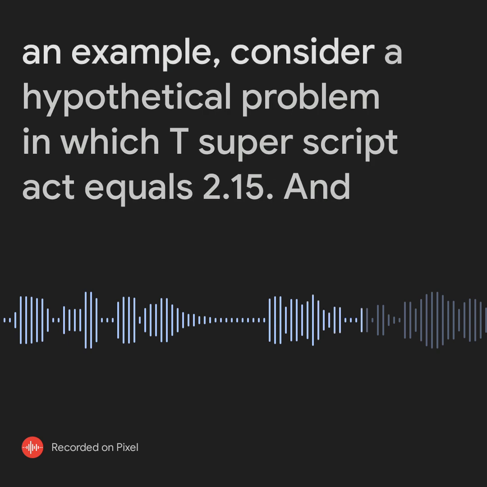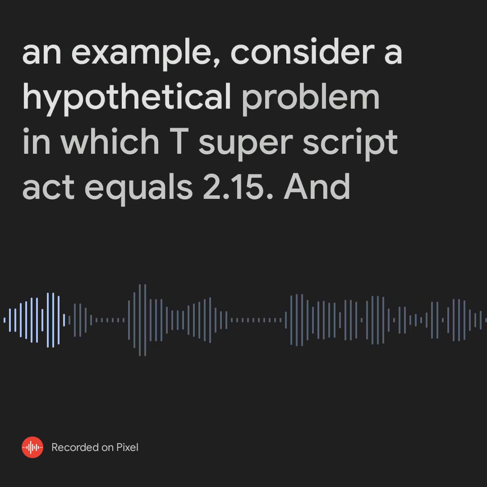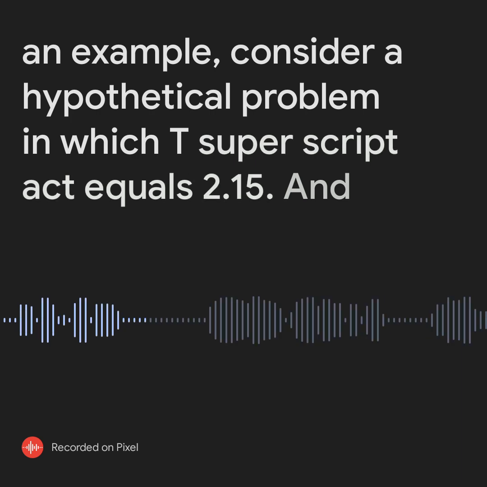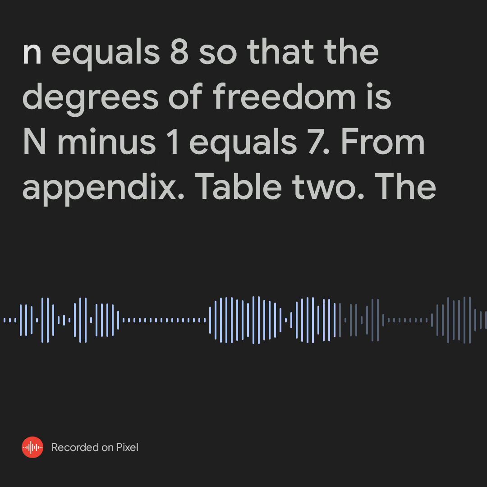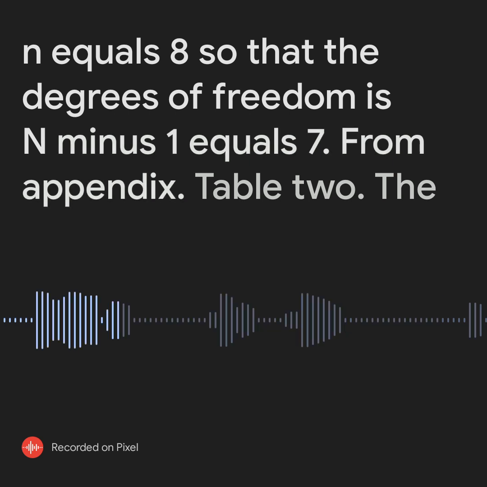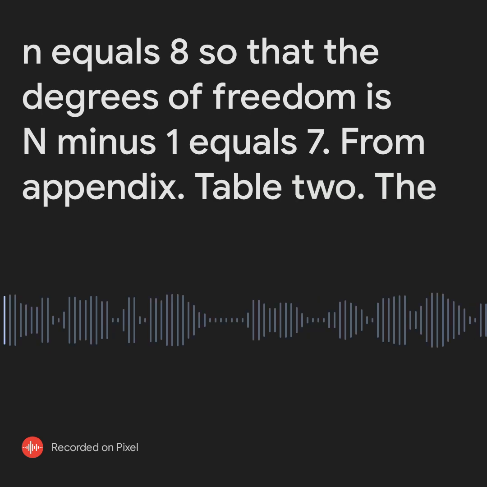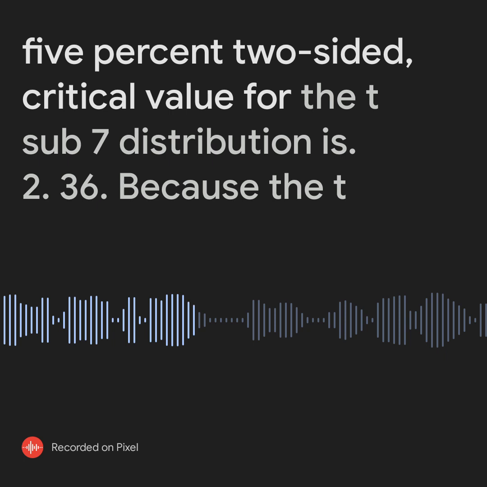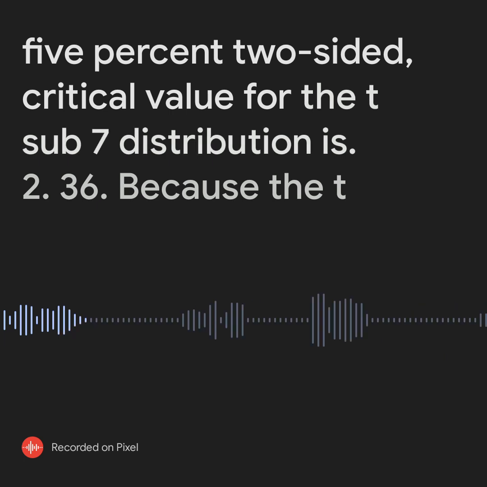As an example, consider a hypothetical problem in which t superscript act equals 2.15 and n equals 8, so that the degrees of freedom is n minus 1 equals 7. From appendix table 2, the 5% two-sided critical value for the t sub 7 distribution is